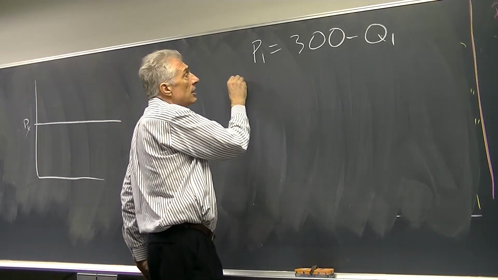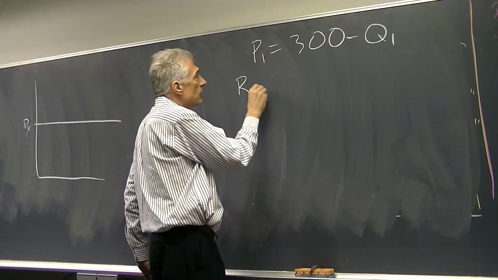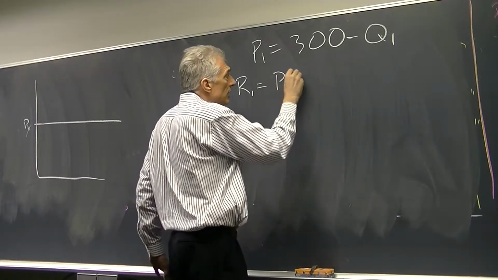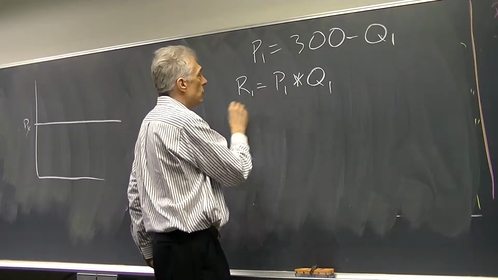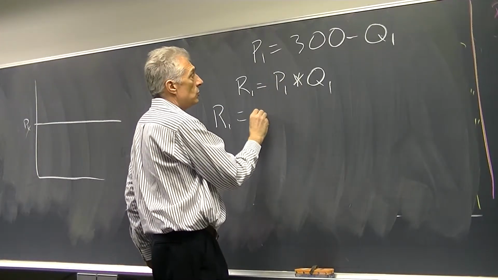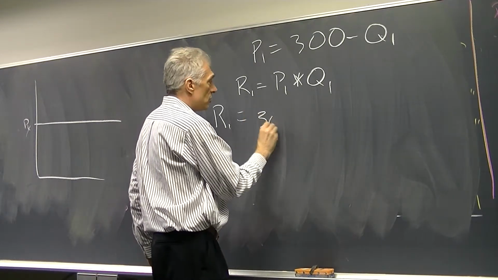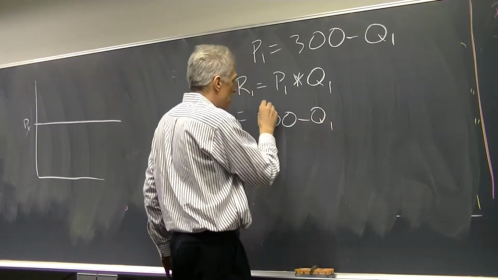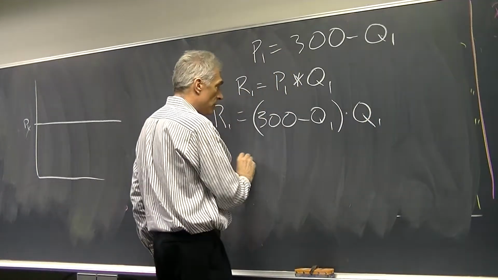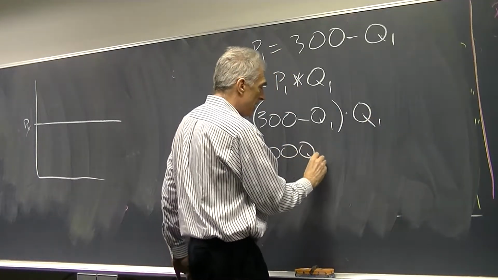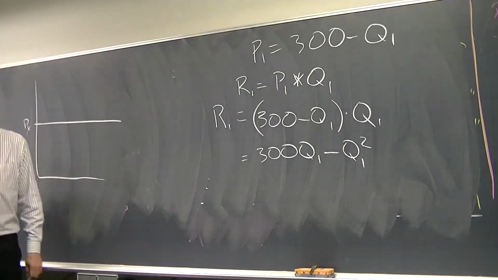So the revenue for segment 1 equals the price of 1 times the quantity of 1, and that's equal to the revenue of 1 equals, let's see, 300 minus Q1 times Q1, that's equal to 300 Q1 minus Q1 squared. You see how while we do this linear,